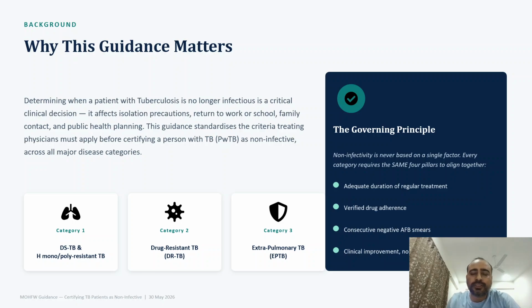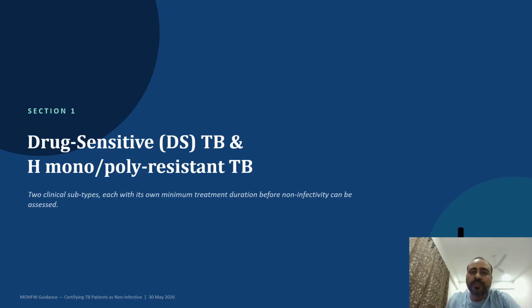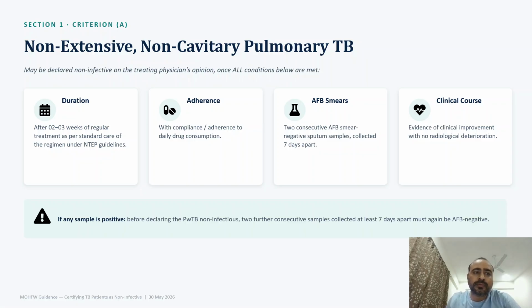That is adequate duration of regular treatment, verified drug adherence, consecutive negative AFB smears, and clinical improvement or no radiological worsening. So first coming to drug-sensitive tuberculosis and H mono-poly resistant tuberculosis. Among this, the first subsection is non-extensive non-cavitatory pulmonary tuberculosis. It may be declared non-infective on basis of duration, adherence, AFB smears that come out to be negative, and